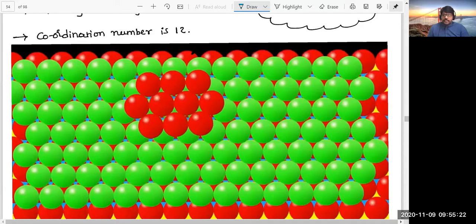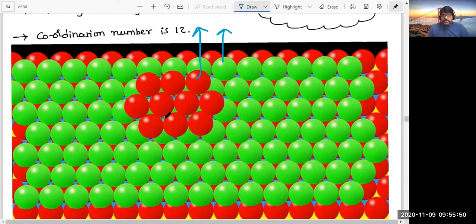Two types of voids are generated. Triangular voids are occupied. After placing the particles of the second layer, as we have just discussed, two types of voids are produced, tetrahedral and octahedral. But in the case of HCP, the particles of the third layer are occupying tetrahedral voids instead of octahedral voids.